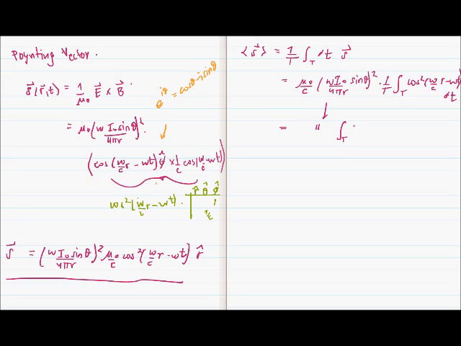And use the identity. And since we're integrating over a full period, the cosine term will just end up being 0, and we're left with this part here. So our final answer